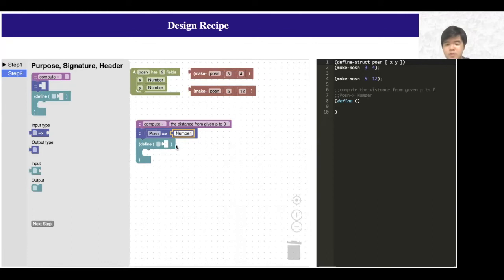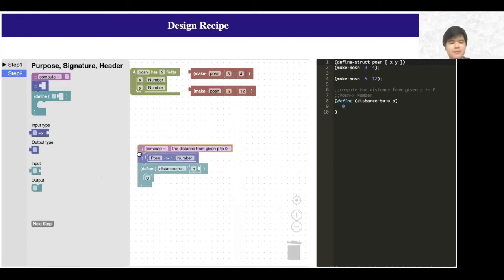The header block consists of a function name, here distance-to-origin, and a sequence of inputs. Here, p. And a dummy body. Dummy body is a dummy value of the output type. So number's dummy value is 0. After developing these, we go to step 3